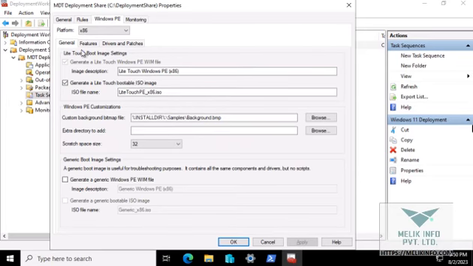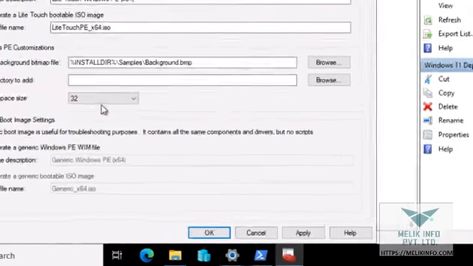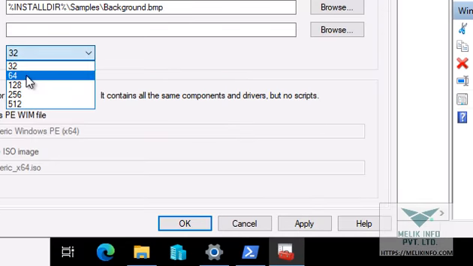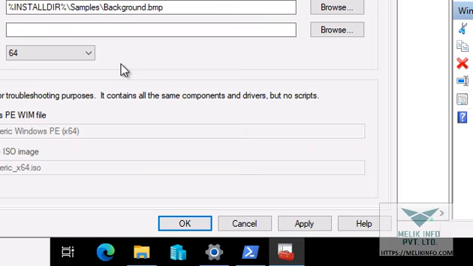Then you see the features platform. So platform 64-bit, 32-bit. Change this to 64-bit, and scratch space 64 size. And then click on the feature,